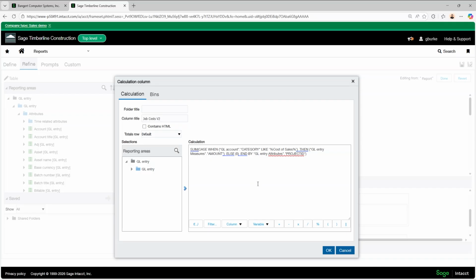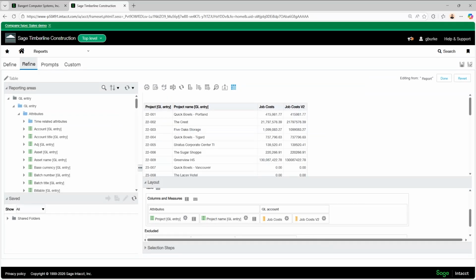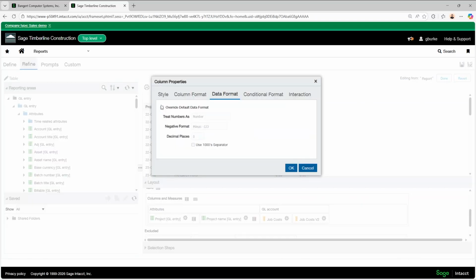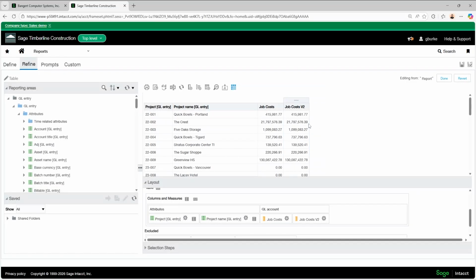This is simply for display, just to show off different ways to solve this. And there we go. Now we have the same values side by side. Once again, I can quickly go to the column properties and make it a little prettier.